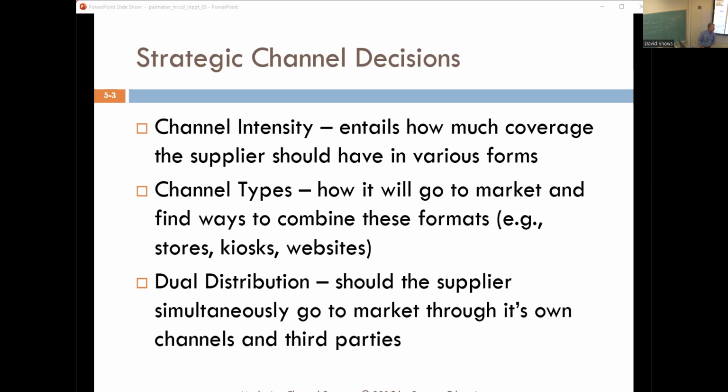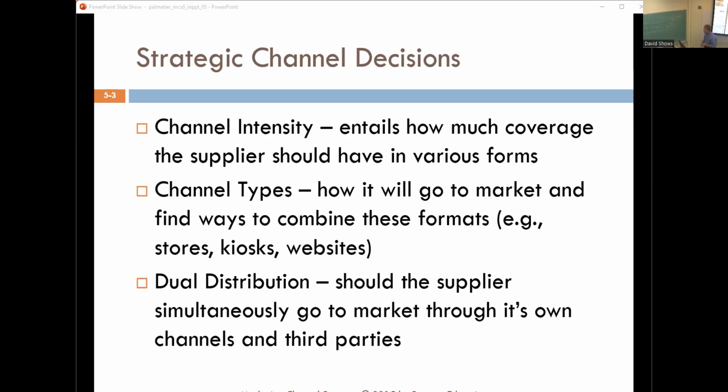Meat, bread, eggs. They are also convenience items, where the closest place is all I care about. These are goods that are massively sold, highly generic in their way, and that you would not go out of your way to get. And then the last item is what's called an emergency item. This is an item where, quite simply, you've got to have it and you'll find it in the closest place possible. So you can bet that in stores right now, they're putting their umbrellas at the front, okay? So these are convenience goods.